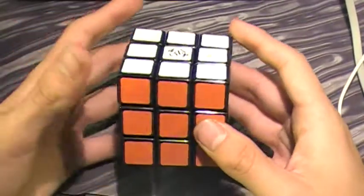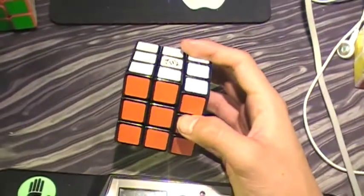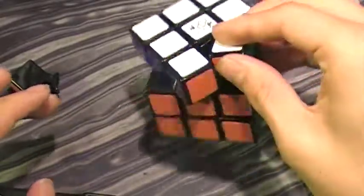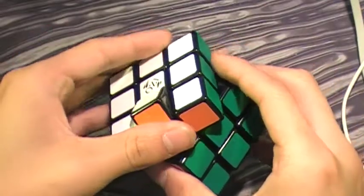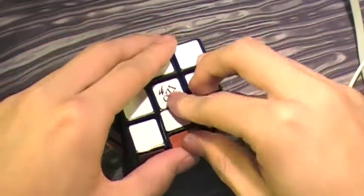So lockups and pops. I haven't received any pops on this cube. It's the mechanism that provides that. It's really good because, if I show you guys the mech again, the corner is held in pretty well. See, I'm shaking it really hard and it won't come out. So this will provide for the corner not to fall out, and as you can see, I'm having a little bit of difficulty putting in the edge